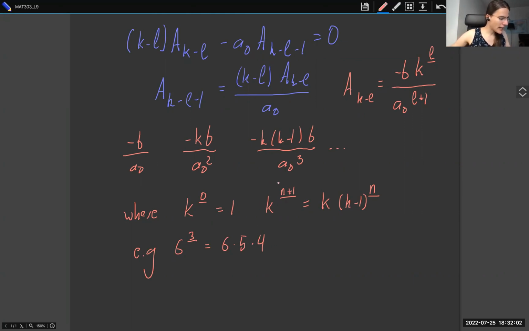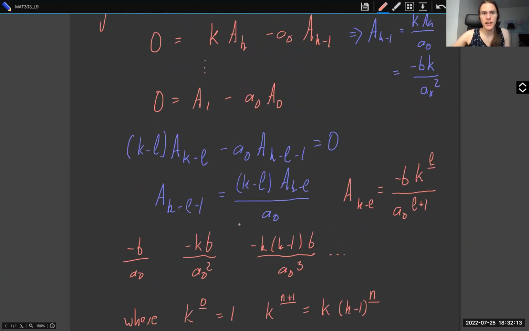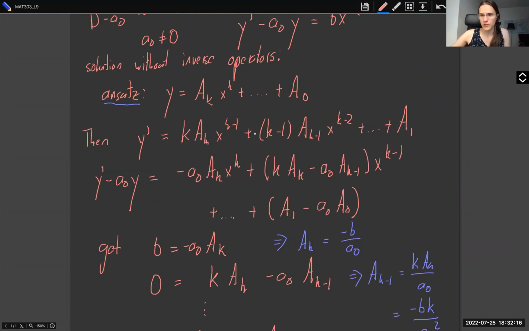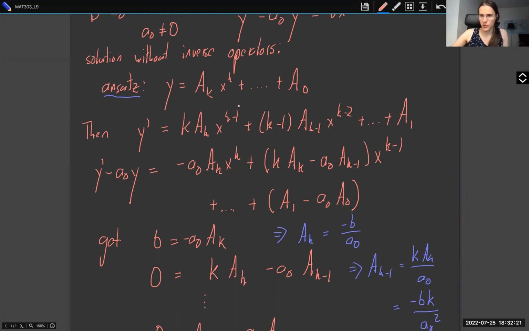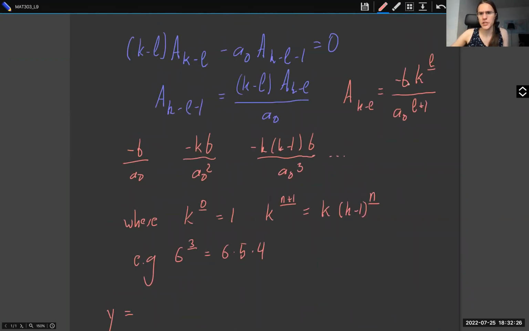And so what we get as a result is that y here is a particular solution from the ansatz. So this ansatz gives us a unique solution, but that's not the general solution. But it is a particular solution to the inhomogeneous equation. So notice that every single one of these coefficients has a power of b divided by a naught inside of here. So we can also write this as minus b divided by a naught times k to the L